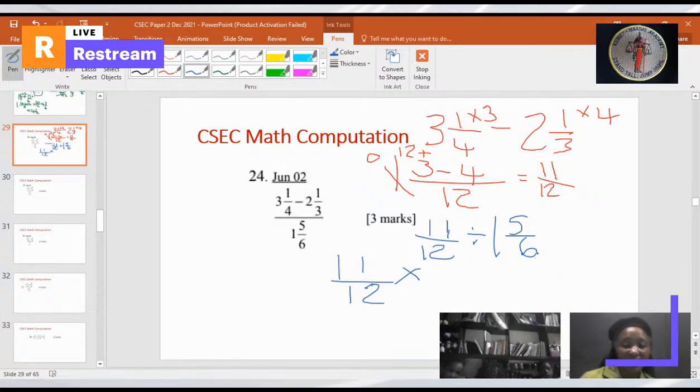6 times 1 is 6 plus 5 is 11 over 6. Yes. And then we invert that. So we'd have what? 6 over 11? 6 over 11. All right, so when we cancel now,